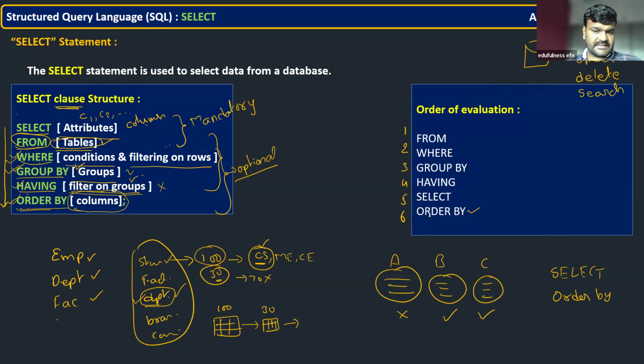See, this order you have to follow mandatorily on the SQL side, in SQL Server or Oracle, MySQL, anywhere. Mandatorily you should follow the same order when you are writing the query. And this is, what I'm saying, the internal execution side. Don't follow this one.